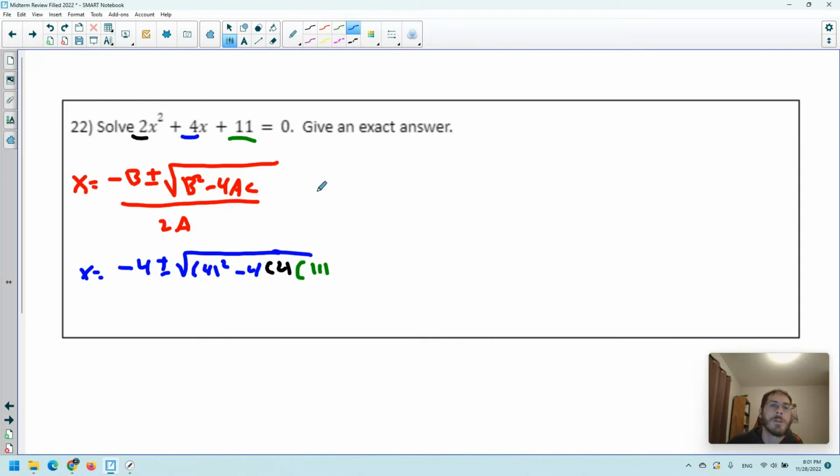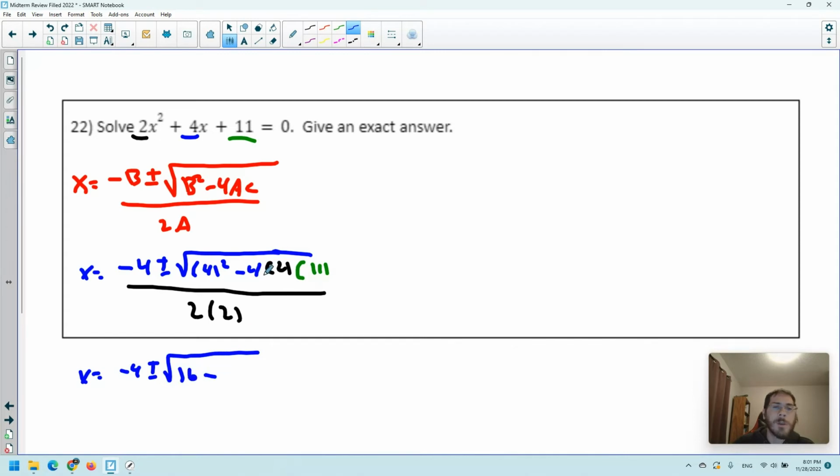This is all over 2a, so 2 times 2. Okay, that makes this one a little bit more fun, that a is not 1. All right, sounds good. So x equals negative 4 plus or minus square root of